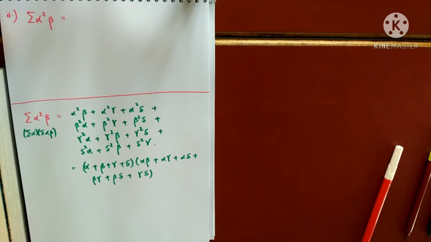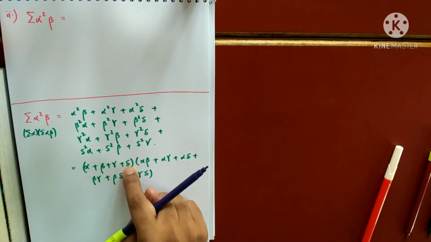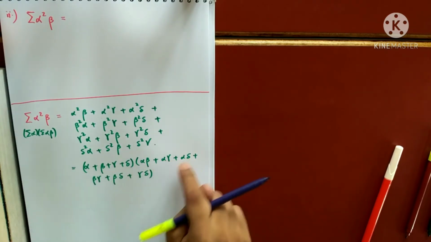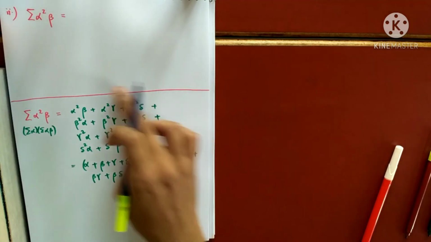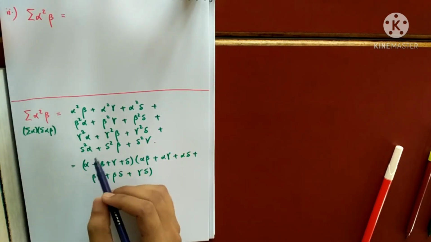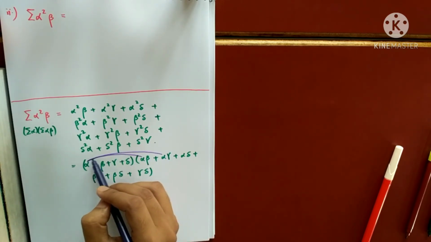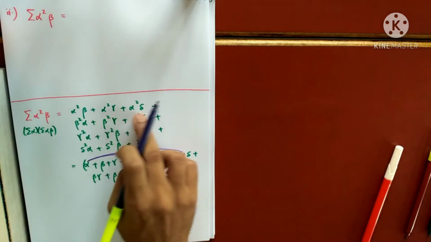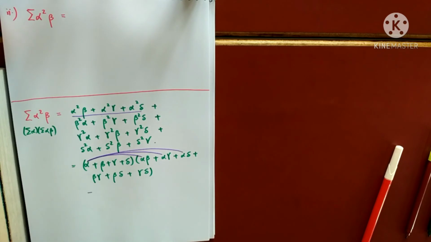You see here, I need 12 terms, and how many terms are there? 4 into 6, there are 24 terms. But I need only 12 terms, and let's see how these 12 terms are coming. This is a useful term, this is a useful term, this is a useful term, because these 3 things are here. What is extra? Let's subtract that.